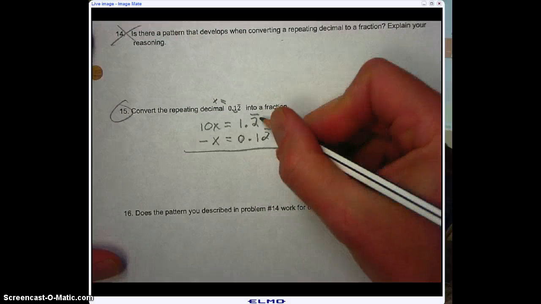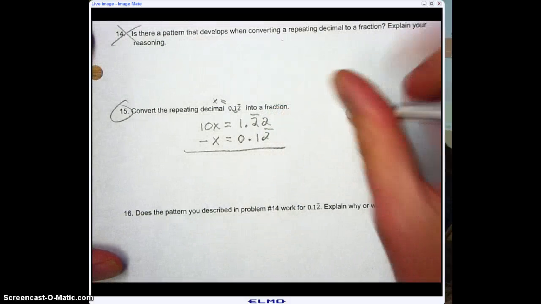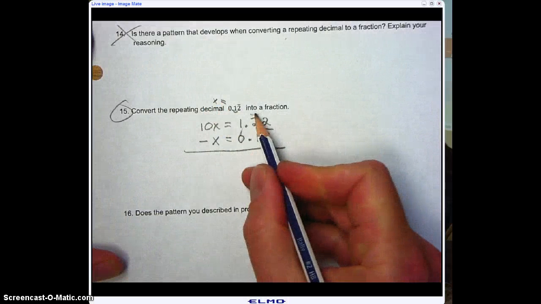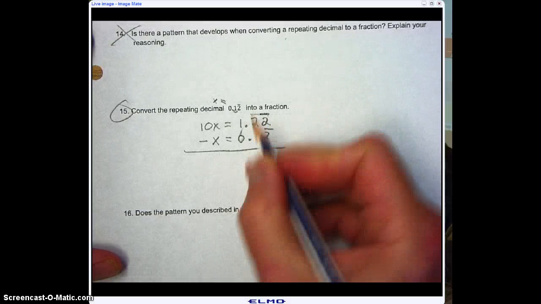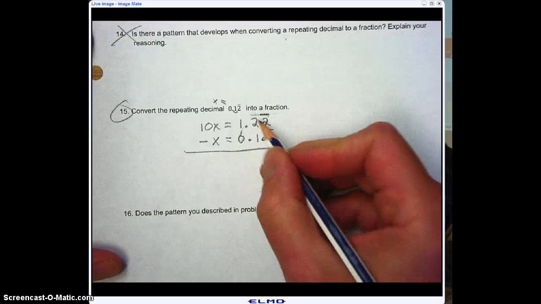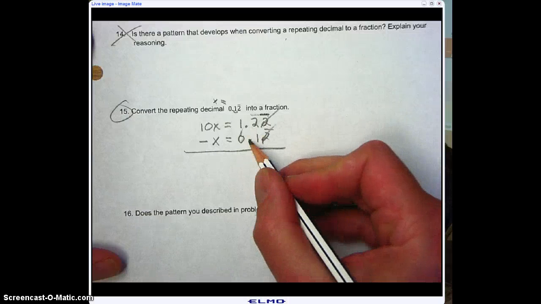Well, let me just move this repeating bar. Let me just put another 2 there. Can I do that? Is that the same thing? If that repeating bar is there, isn't that another 2 here, and then it repeats there also? So now you can clearly see that you can subtract these decimals. They're lined up. So the repeating part's going to cancel, and now you have 0.2 minus 0.1, of course, is